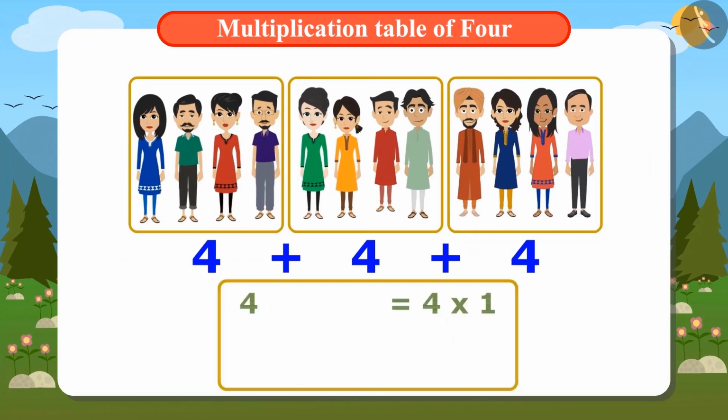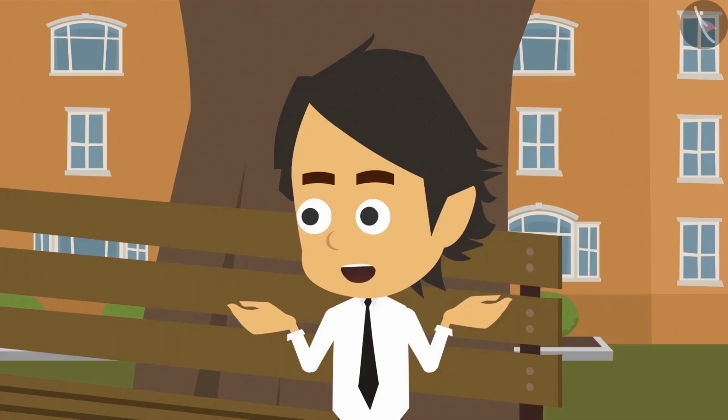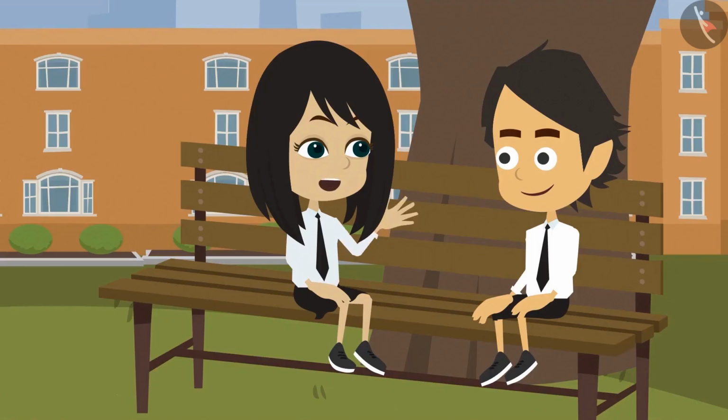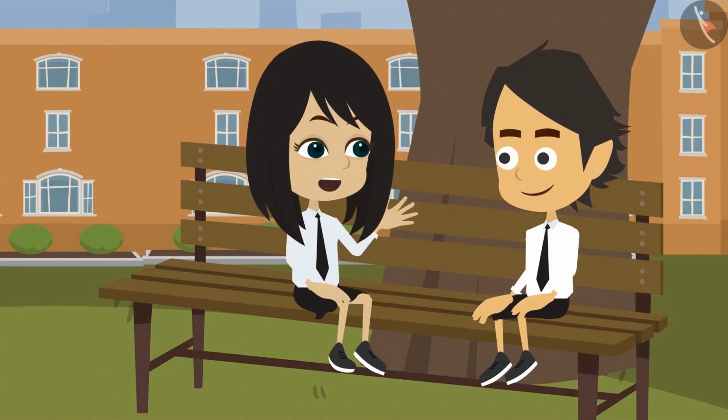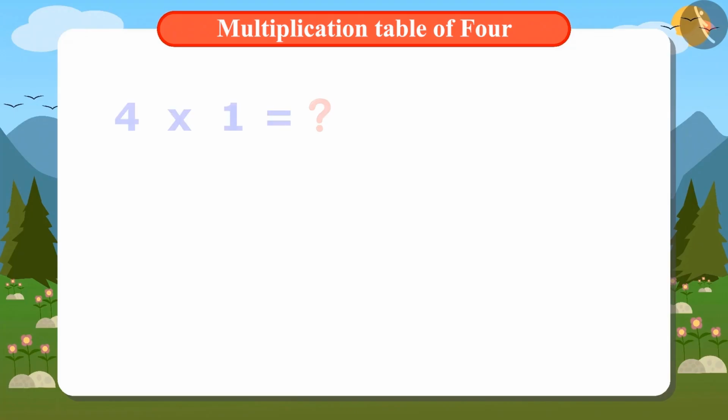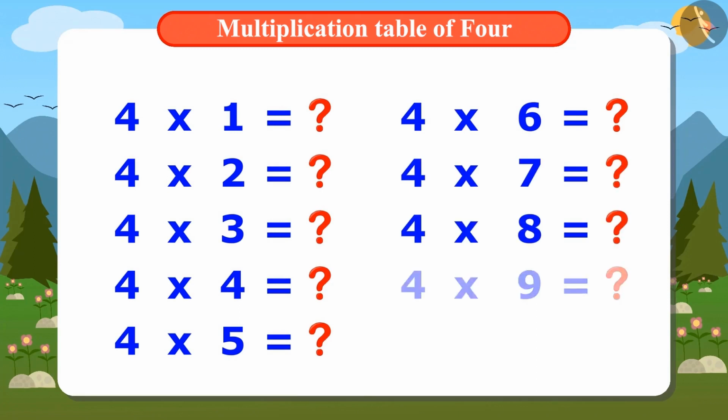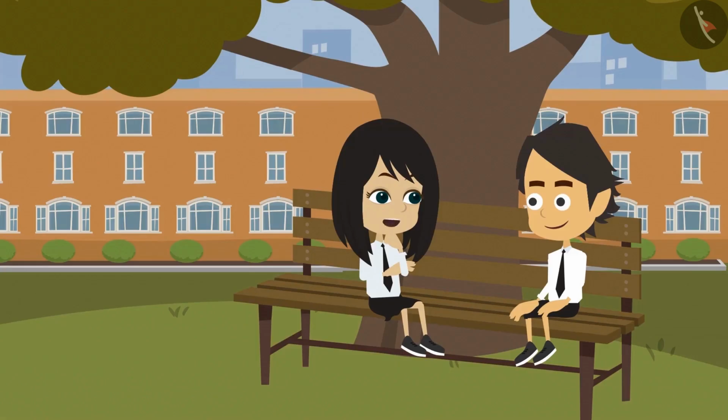That means you have to read the multiplication table of 4. What does a table mean? The list you get when you multiply a number from 1 to 10 is called a multiplication table. Multiplication table of 4 will be the sequence you get when you multiply 4 from 1 to 10. If I could remember the multiplication table of 4, I could easily tell you the number of tables.